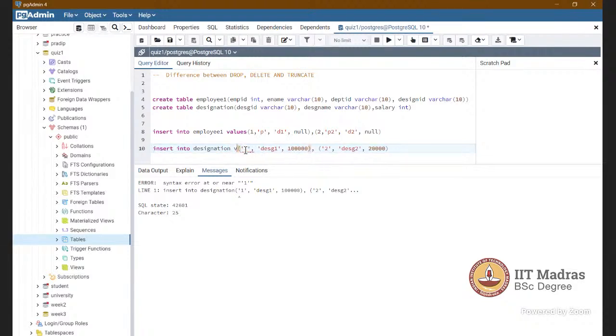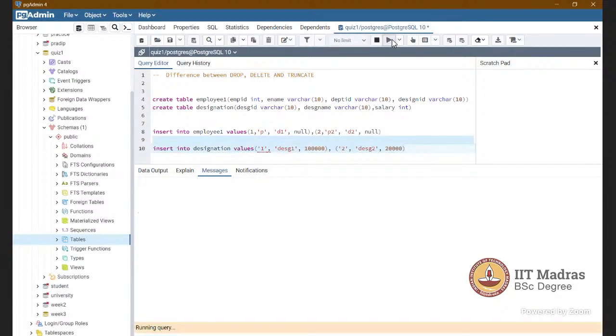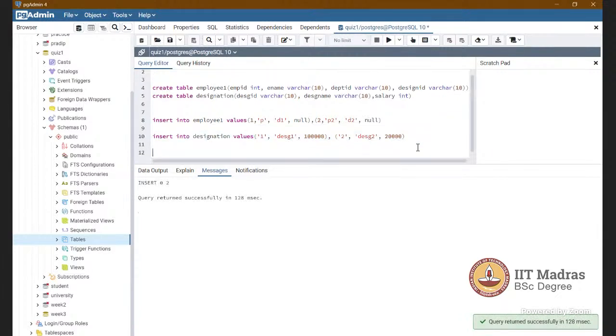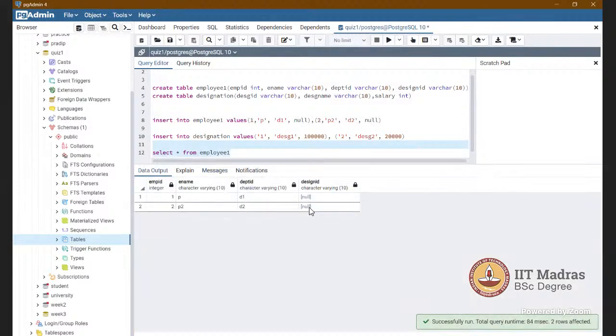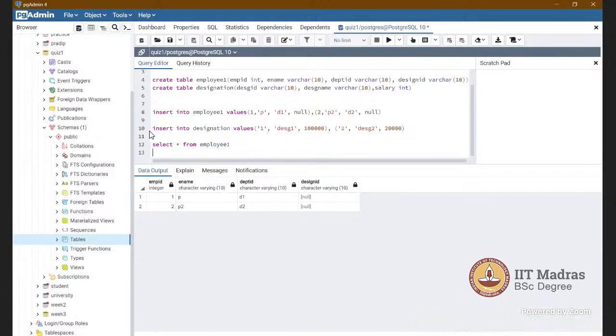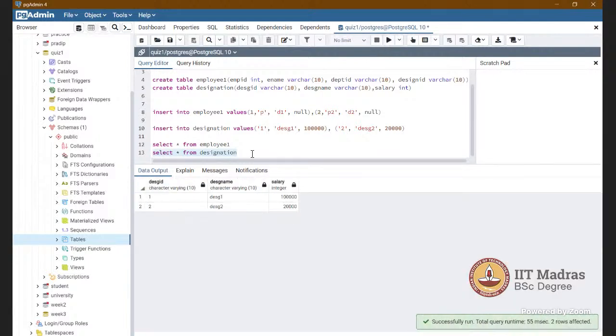Values. See the table. Okay, you can see the designation is null. There are 4 columns.